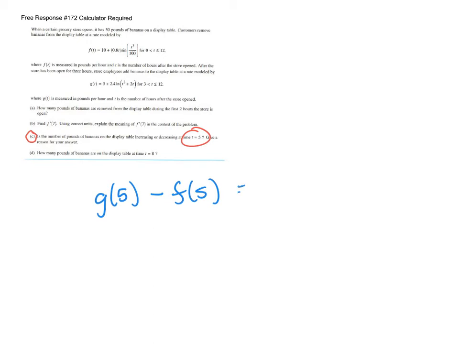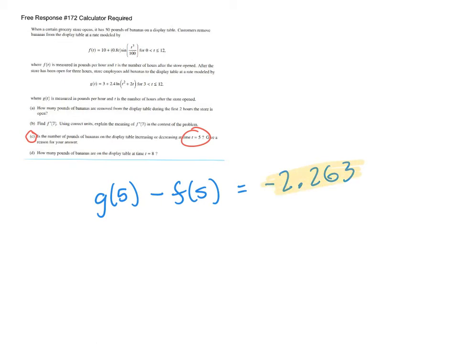And I came up with negative 2.263. Okay, so as I mentioned, because this is negative